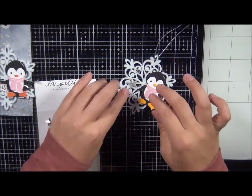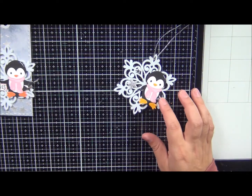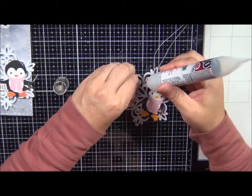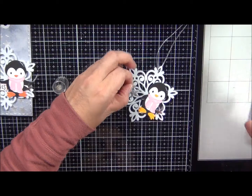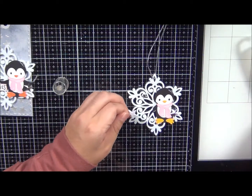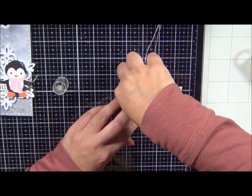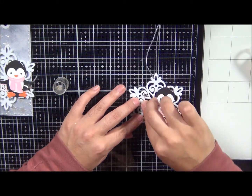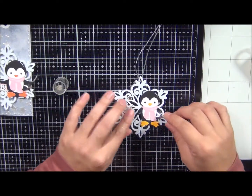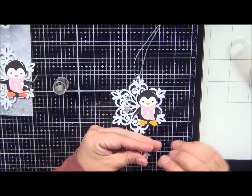Okay. If you need reinforcement, because this is felt and this is like a sticker, then I would suggest using a stronger glue. So I'm just going to put a drop here, and again, you're gonna have to wait for this to dry. So there, let me put a drop there. I'm just putting the stars in different directions so they're not all going in the same. Okay, and then this one right here, we can add a drop there as well,